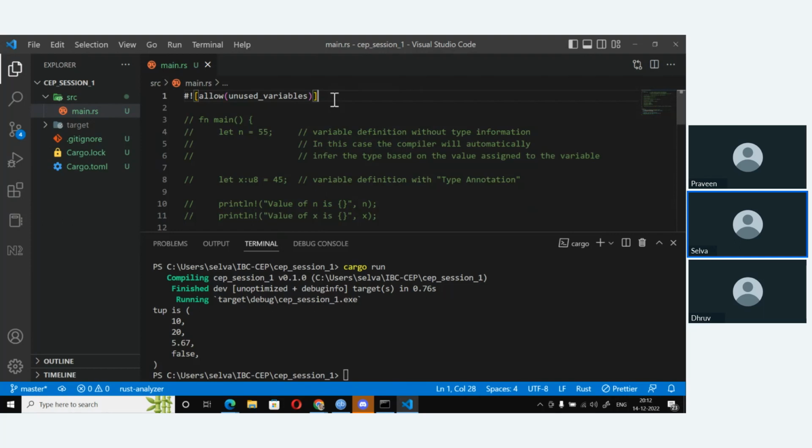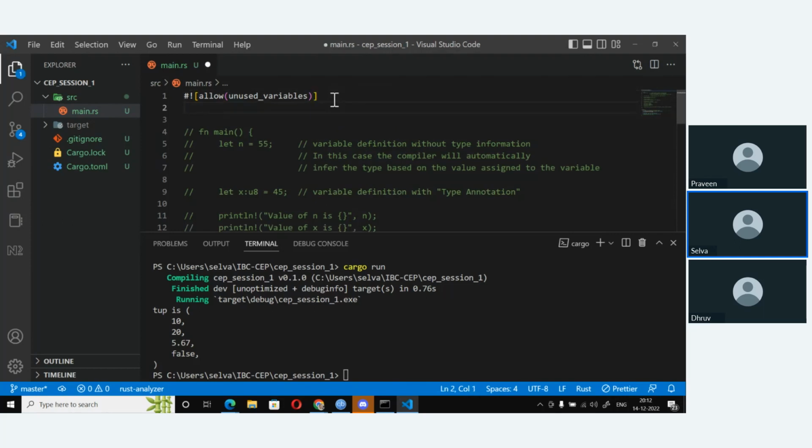Similarly, there is another annotation popularly used by beginner programmers. Allow dead code. This is an even bigger no. You can use this also, so it doesn't detect unused exported items and all those kinds of things.